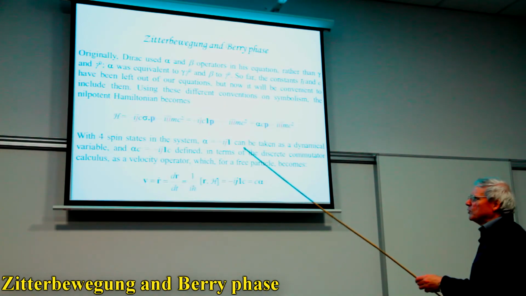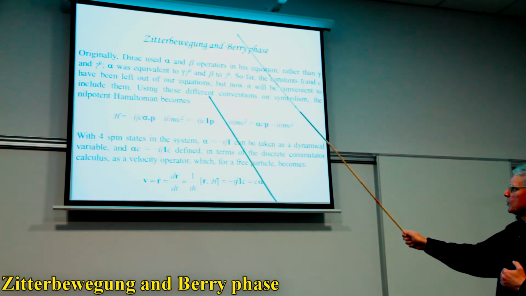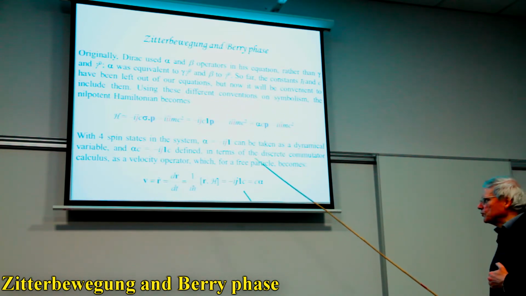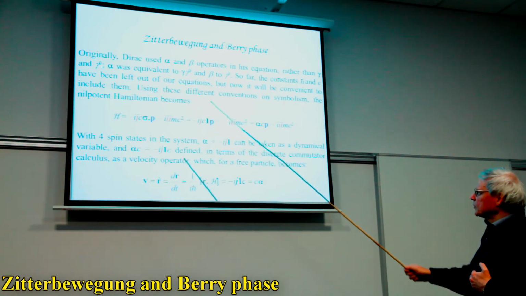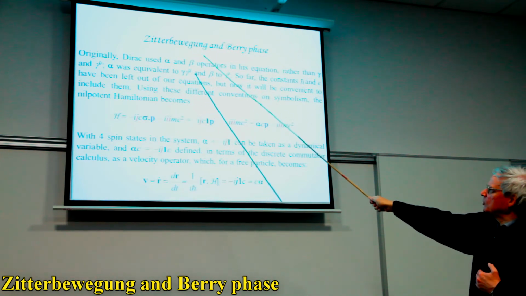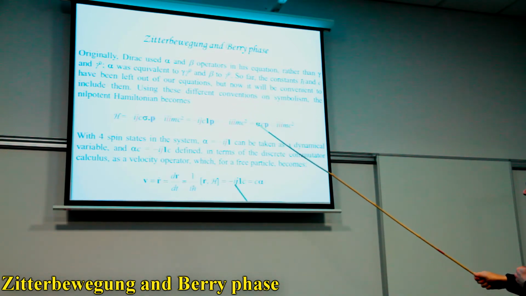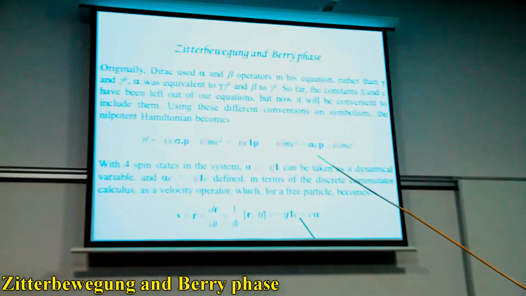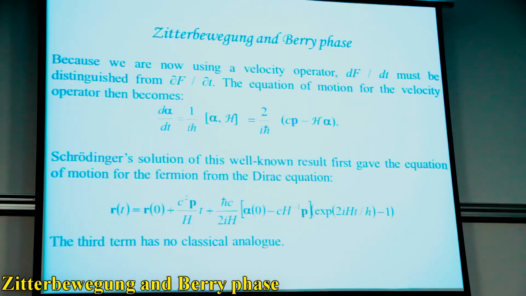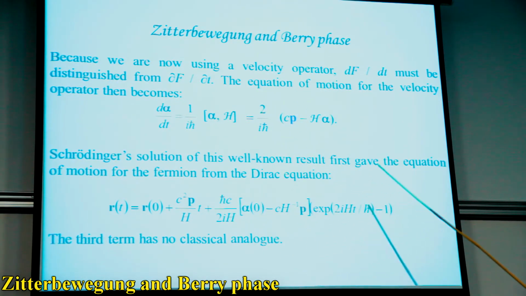Again, this is a calculation which is standard. I'm not going to go into any detail on it. Dirac set up a velocity equation which Schrödinger solved, and he got an interesting solution. If you can write a velocity operator, you can rewrite your gamma matrices: gamma times gamma naught, you call alpha. So if you write down a velocity operator for the free particle, you can get an expression that's called c alpha, which is very interesting because